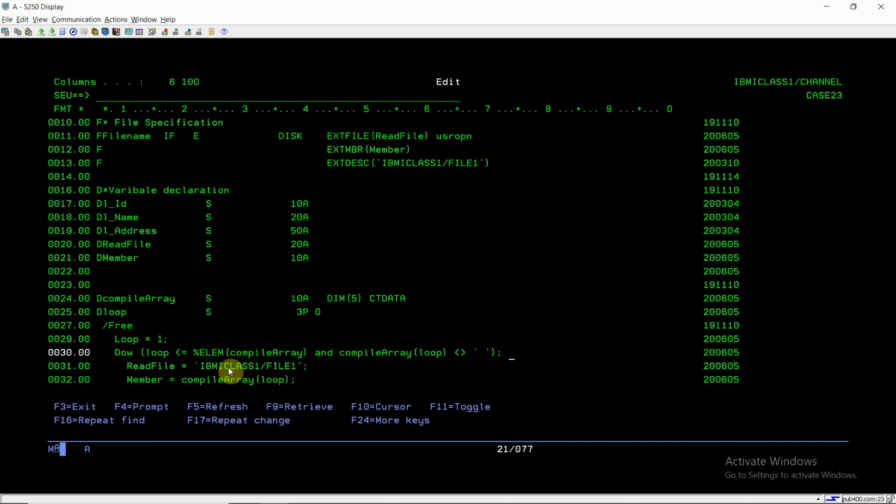The number of elements will always be 5, because we used 5 with dim.